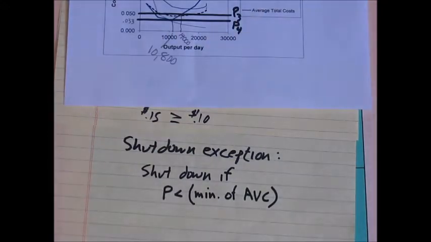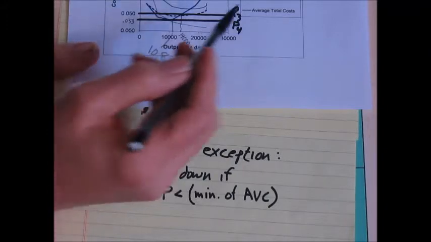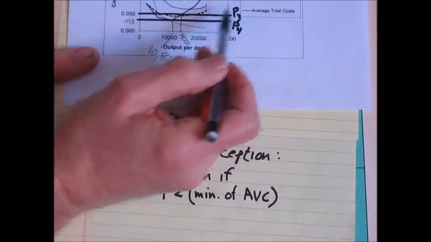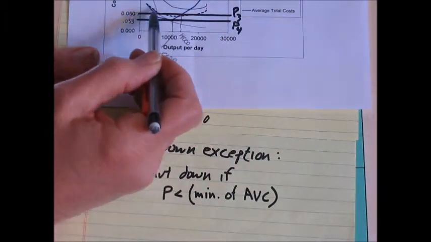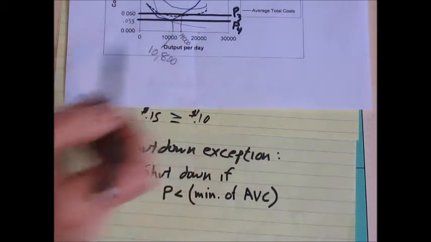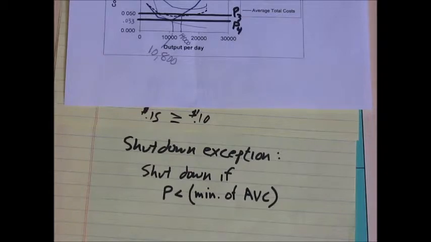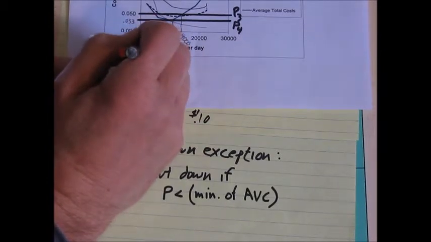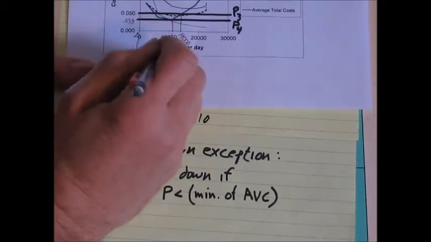So in this case, we can see that the average variable cost curve is this heavy dotted line, and it's always above our new demand curve. So the shutdown exception would be invoked in this case. It'd tell us better to produce 0. Don't produce